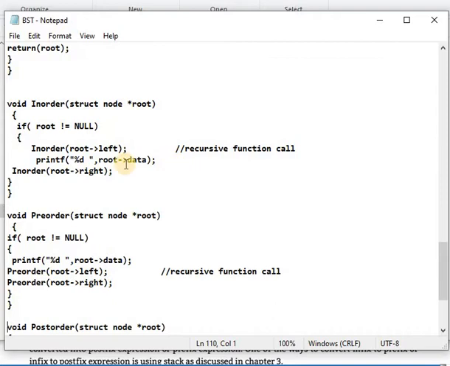Recursion means this function is called again and again, because it checks whether a left node is available on the tree. When found, it is displayed. Again the left will be displayed, and next inorder right, this function will be called.